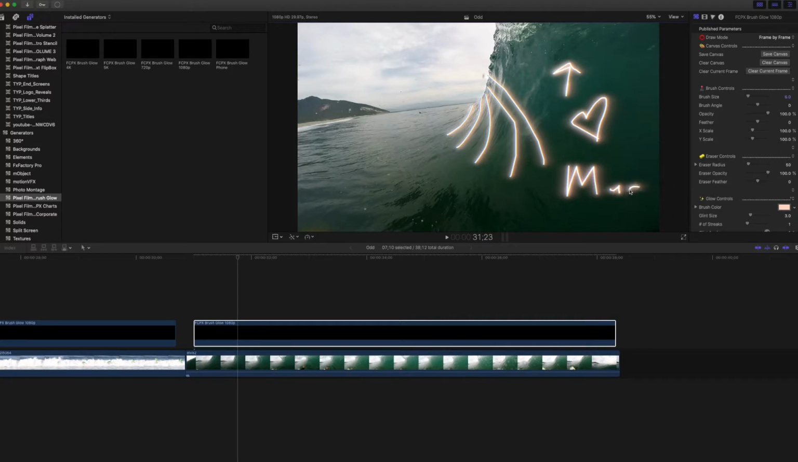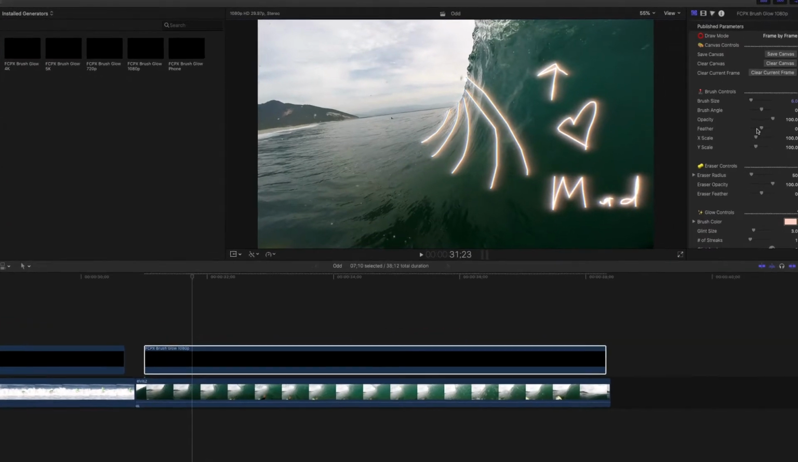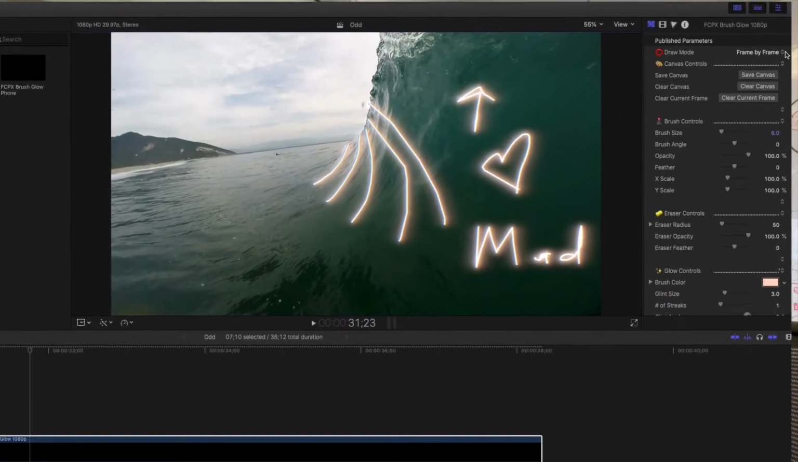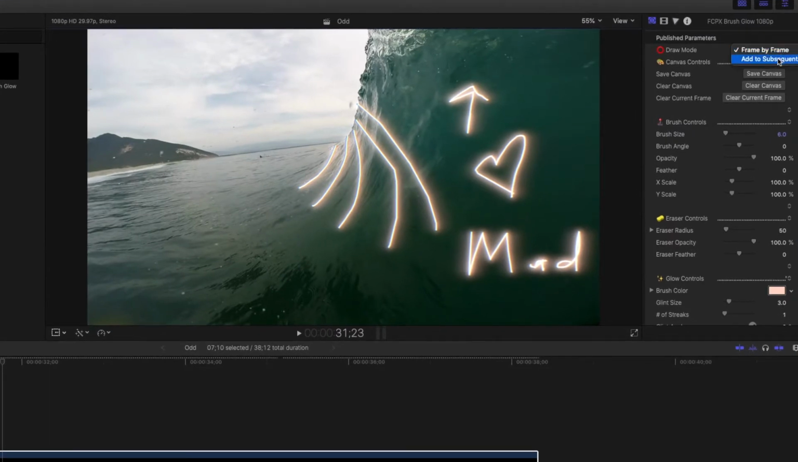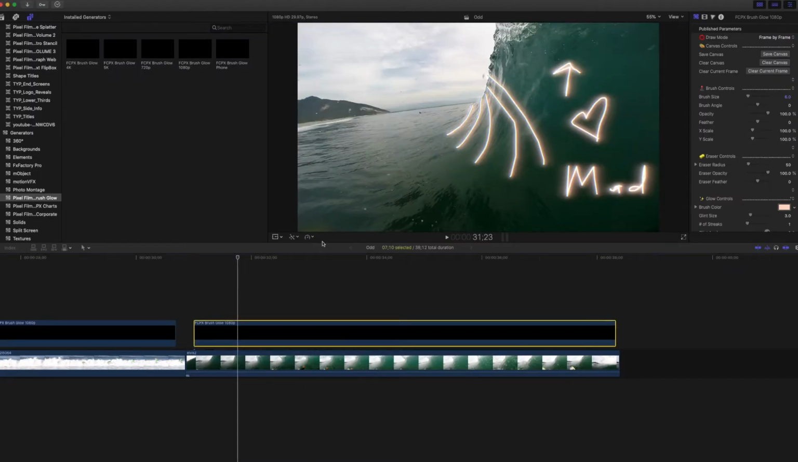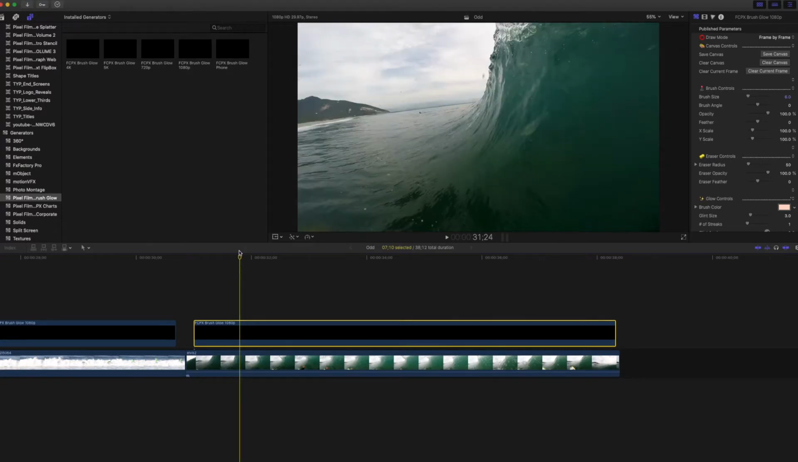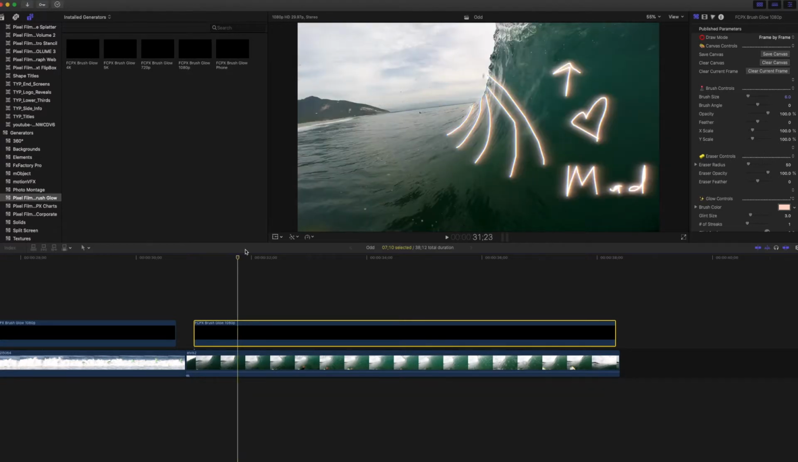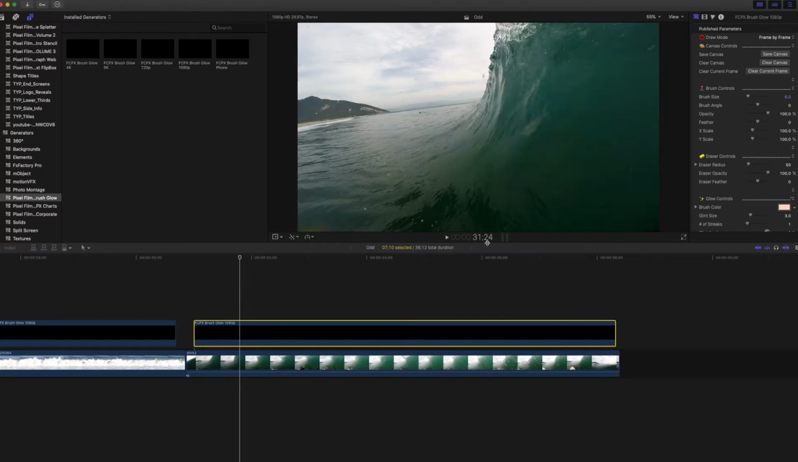I have it clicked right now at frame by frame. Add to subsequent frames would keep this on all the frames together. I'm going frame by frame, so every time I move, every click, you can see my timer here. That's 0.01 of a second. Now I add more. As you can see, this is a tedious, long process of